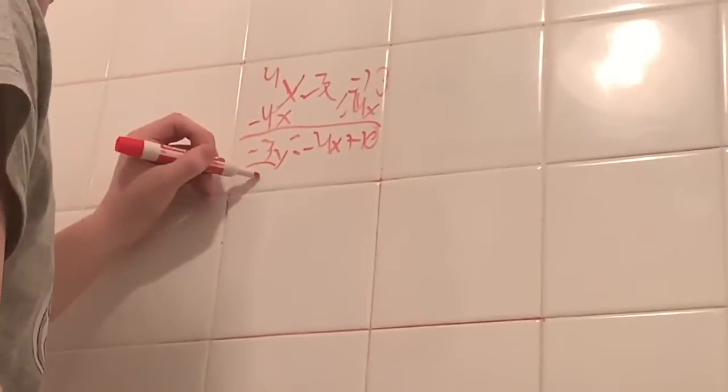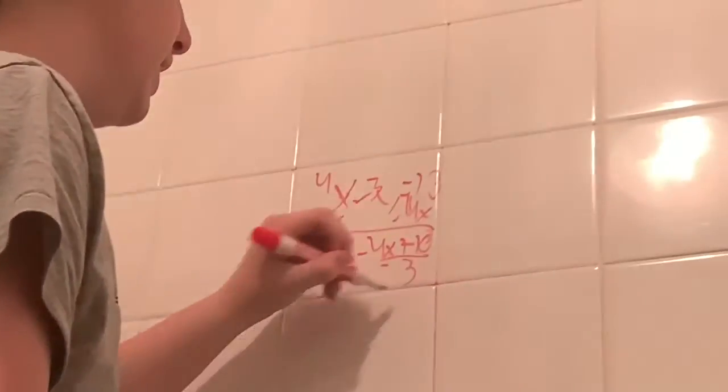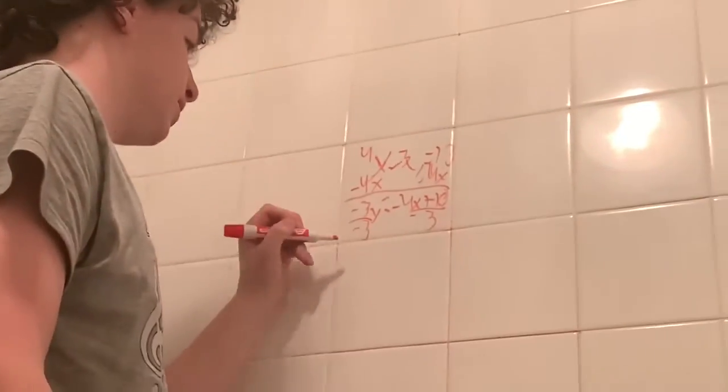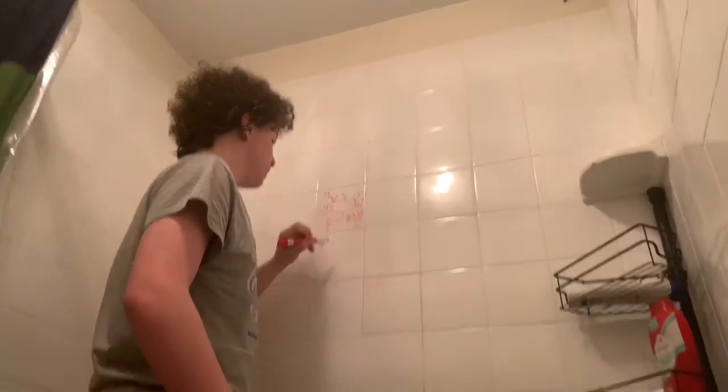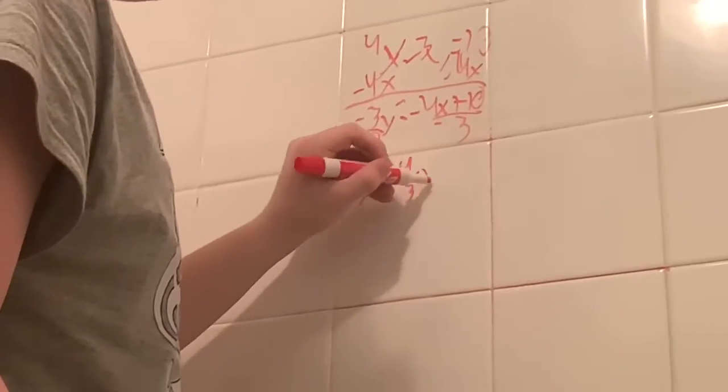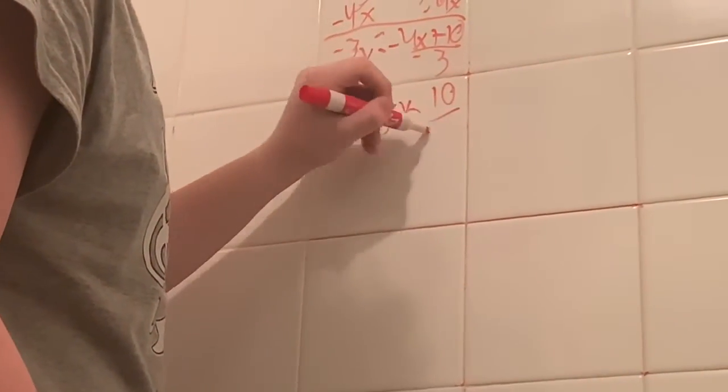Here's the thing, you have to also divide by -3, because it has to be just a y on the other side. So that makes y equals 4/3x minus 10/3. That makes sense? Okay,